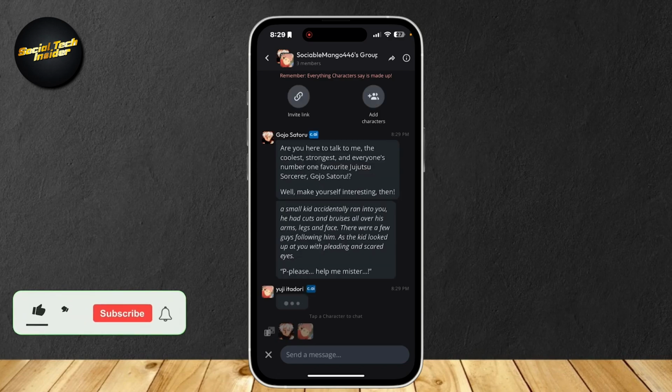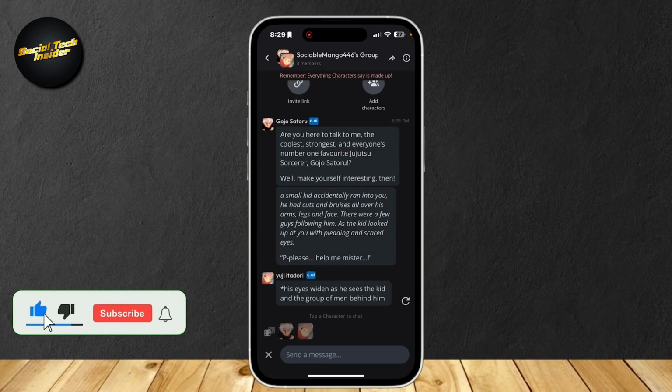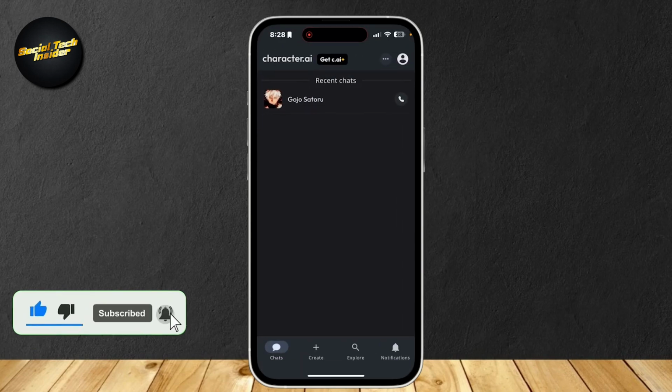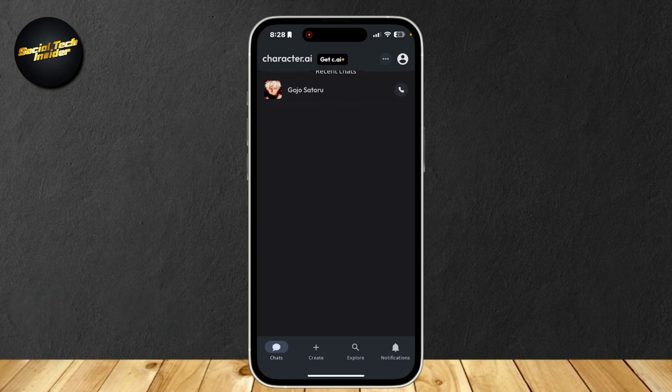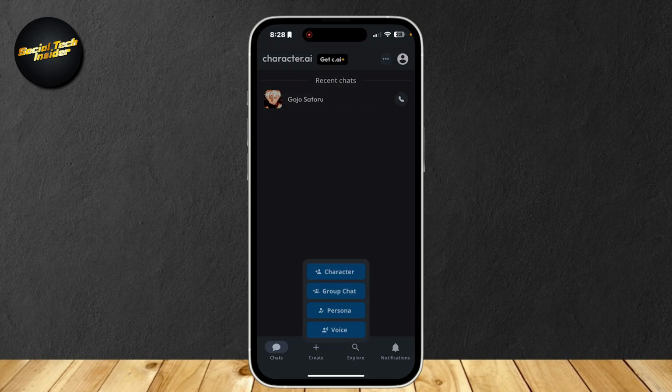So this is how you can make a group chat in character.ai. You're gonna want to open up the app, and as you can see, I'm in my chats right now, but at the bottom, you will see four buttons: chats, create, explore, and notifications. You're gonna want to tap on create, and as you can see, there are four more options: character, group chat,